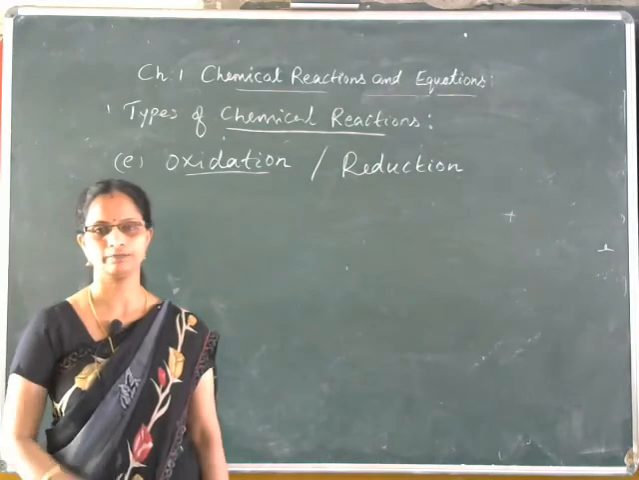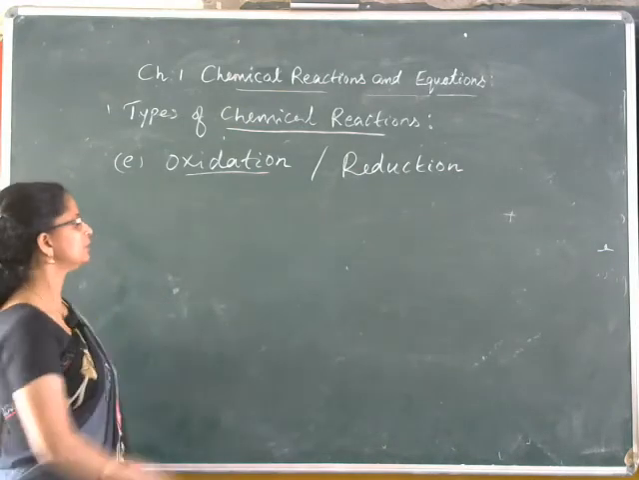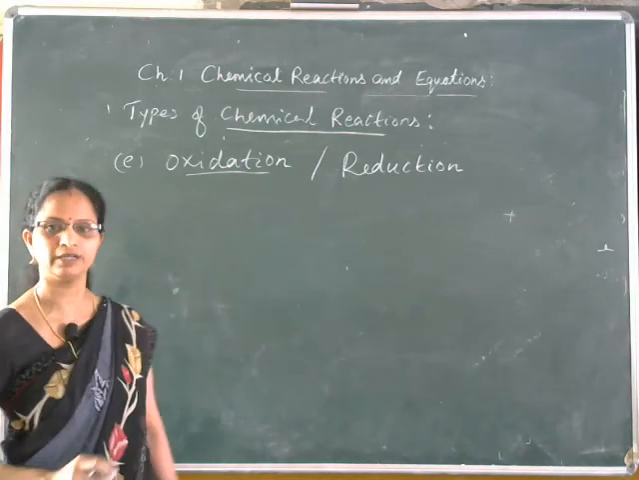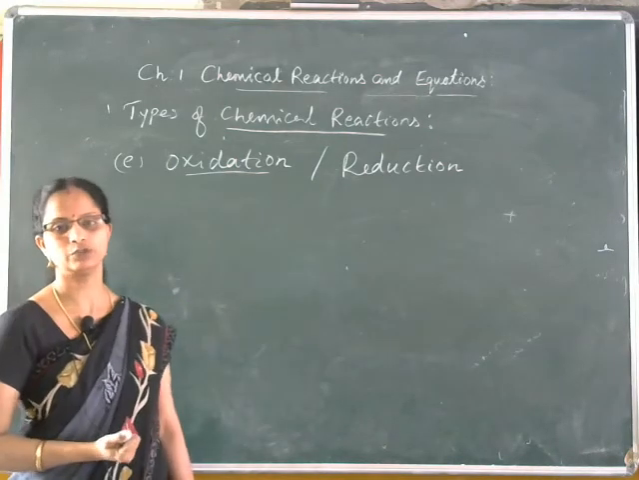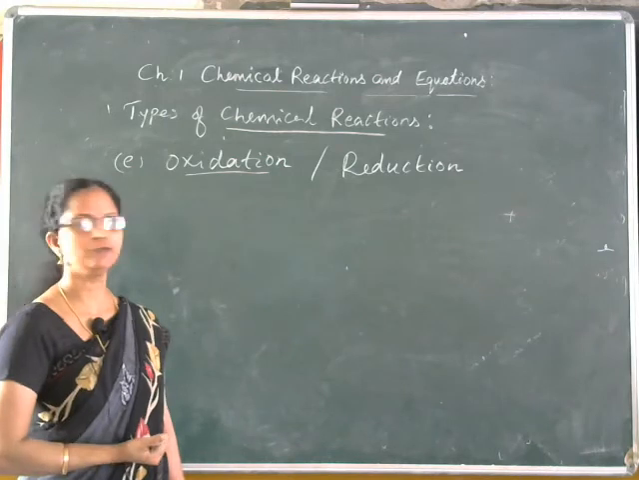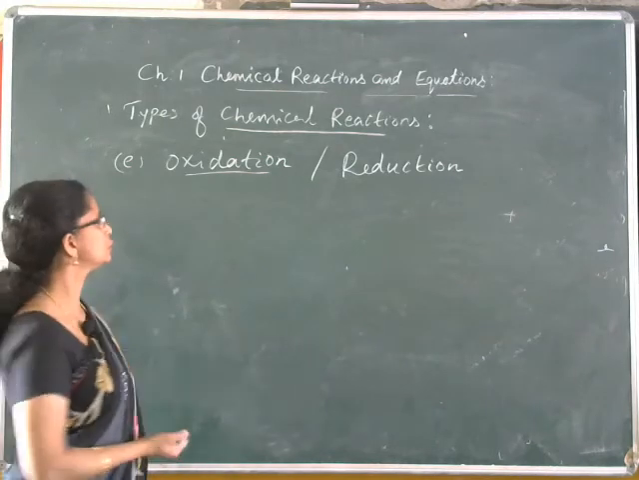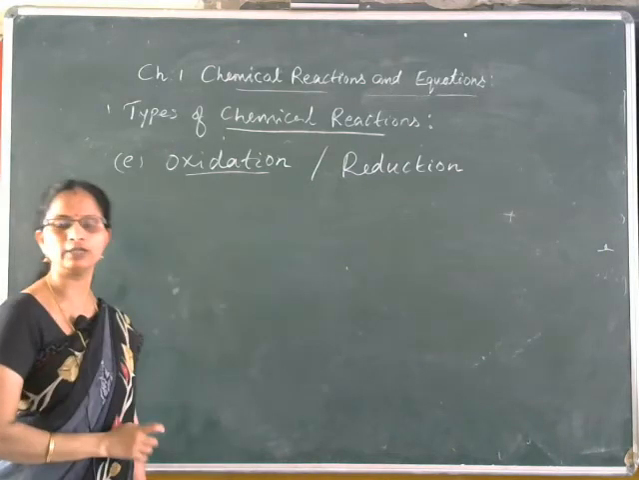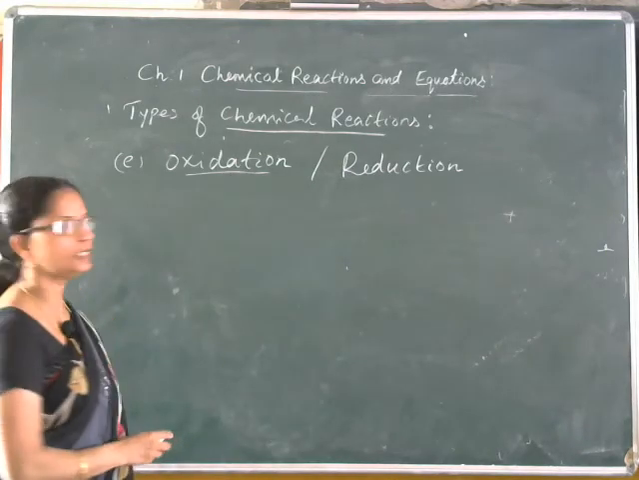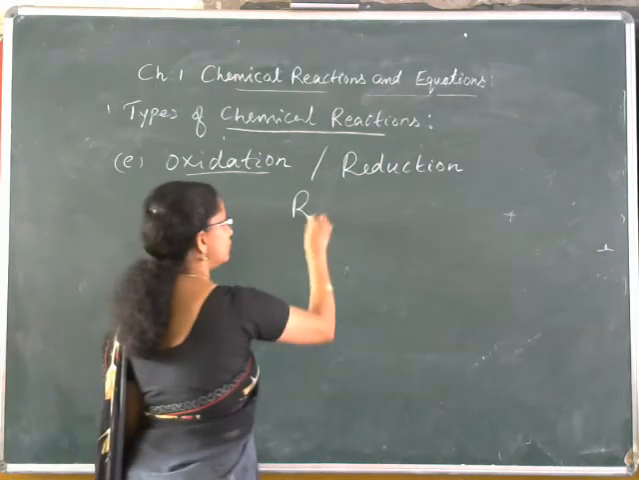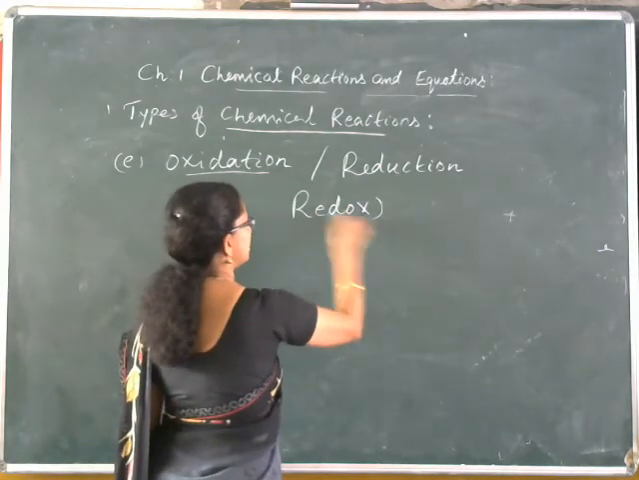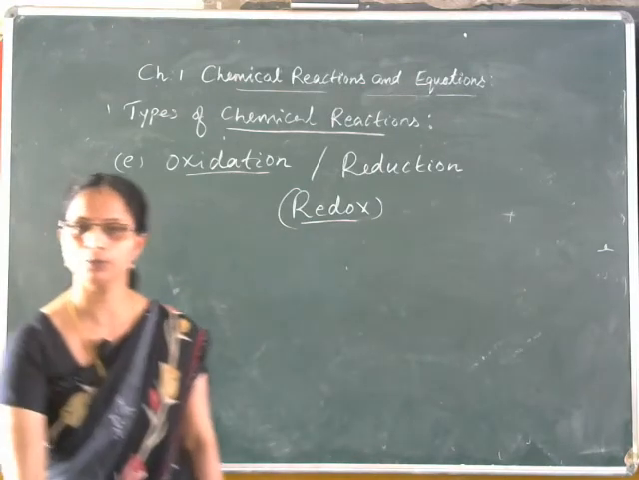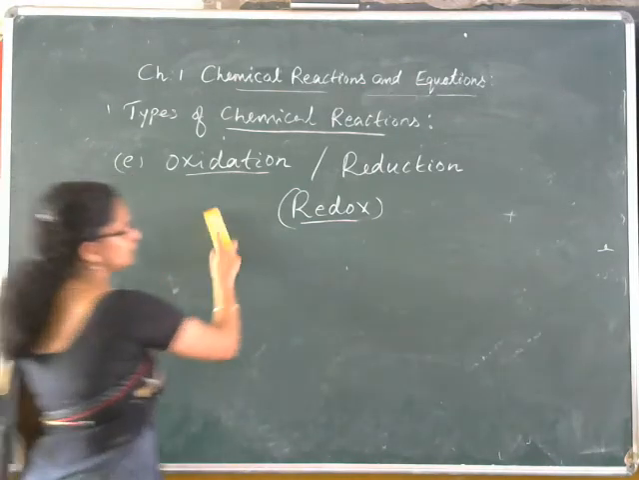Usually in such reactions, whenever one substance gives away oxygen, there will be another substance in the reaction which receives that oxygen. So generally such reactions are simultaneous. Such reactions where oxidation and reduction take place together are said to be oxidation reduction reactions or redox reactions, where oxidation and reduction take place together. For example,